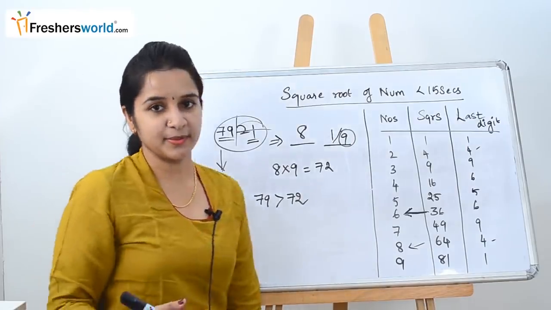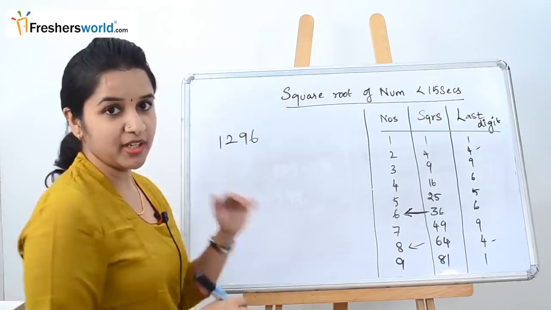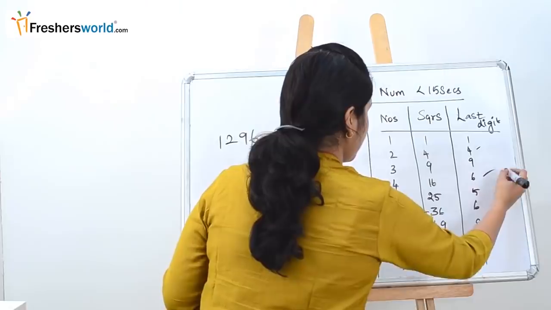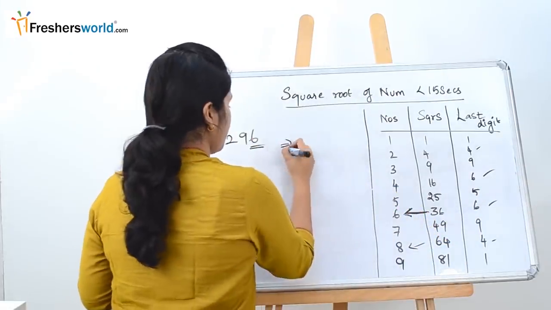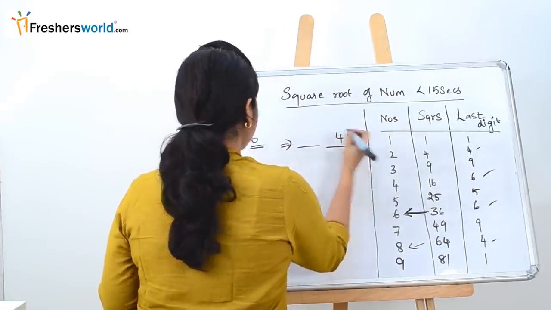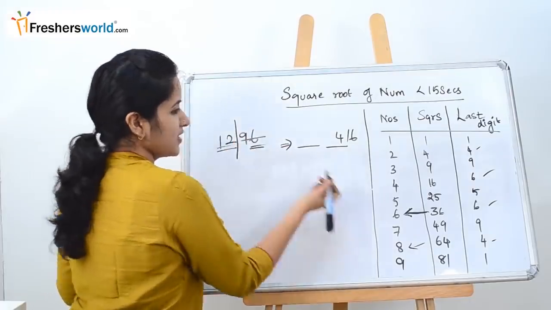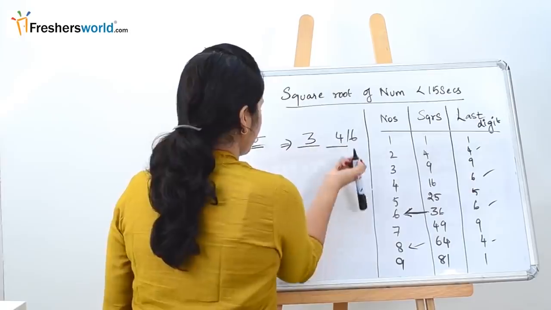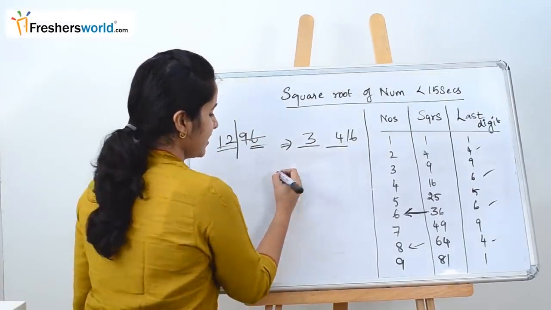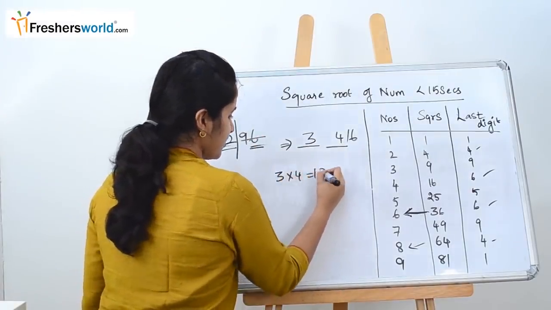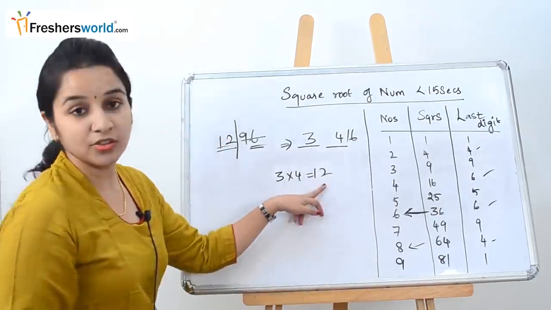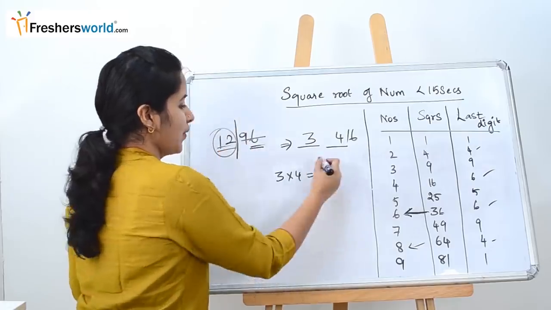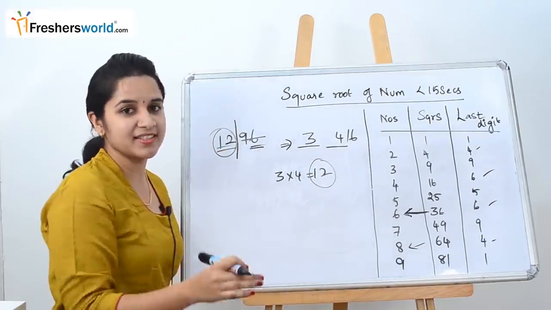Let's solve a couple of other sums. So the next question that they have given is 1296. Same thing we are going to do. Last digit is 6, where it falls between 4 or 6. So you write it as 4 or 6. Ignore that, 12 falls between 9 and 16. So you take the smallest one, which is nothing but 3 here. So you multiply it with the next number. 3 into 4 is 12. So what's the problem here? Here is also 12 and here also the first two values are 12. So when you find these two equal, what do you do? You take the largest number only.